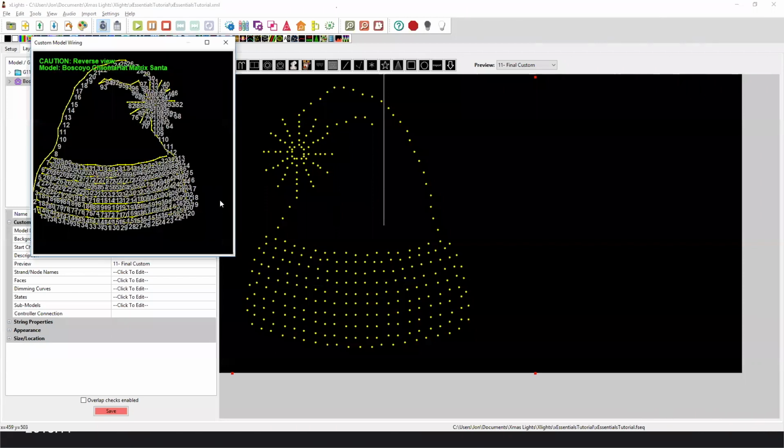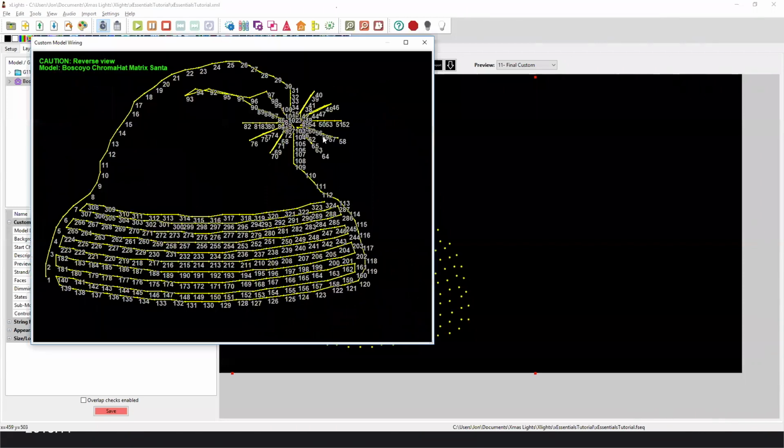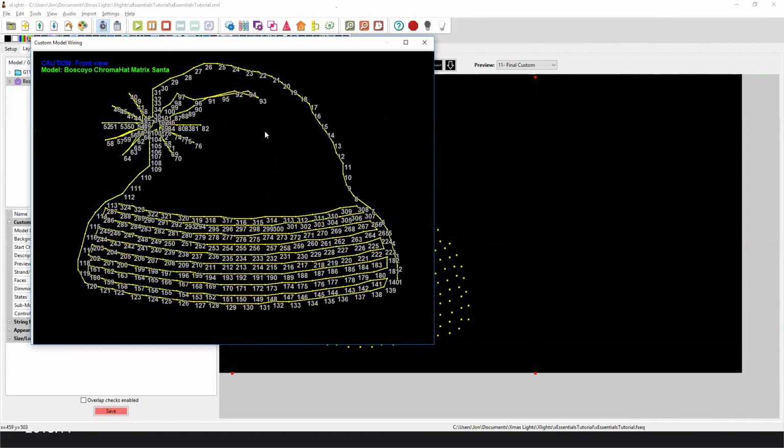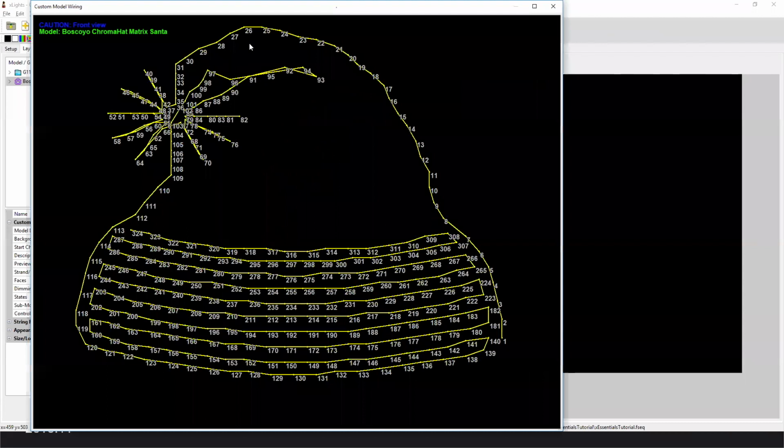If you click on the wiring view to see how things go, that's in the reverse. You right click, you go to the front view, so it would match that. If you were to zoom in on some of this or make it larger on your own, you can see that some of these, when they start numbering, comes around the hat this way, comes in here, this comes down, 31 through 36 comes over, then it goes 37, and then it jumps up and back